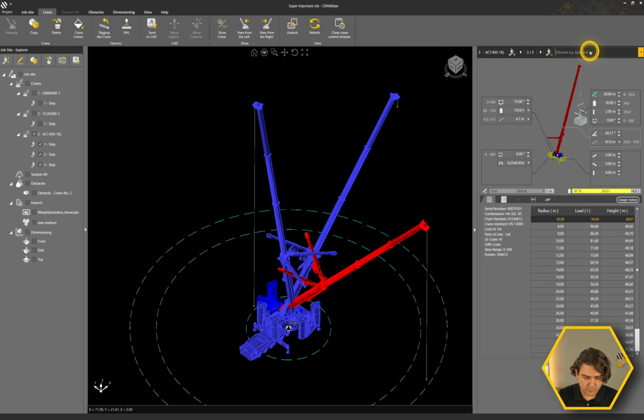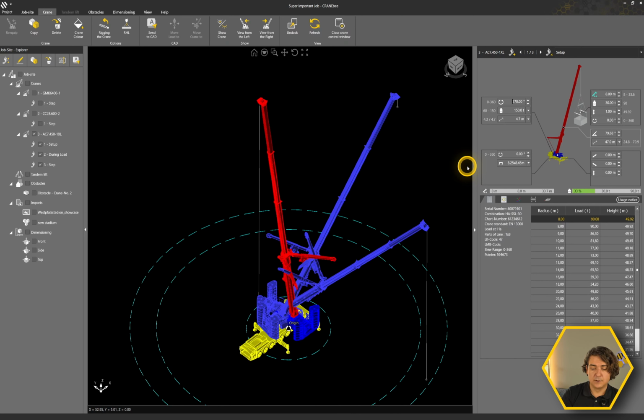We can again put remarks there. So third step was set down. Second step is en-route with the load. And first step again was set up. And you can see that I can click between all the steps. I can always change the steps. Let's say this is the wrong angle and we want to actually pick it up from here. No problem at all. We change step 1.